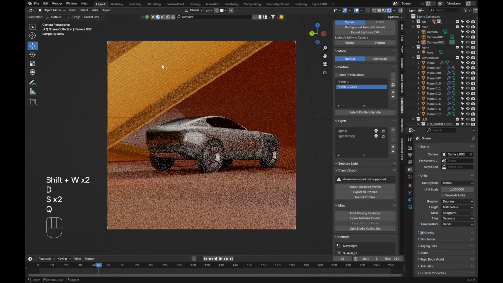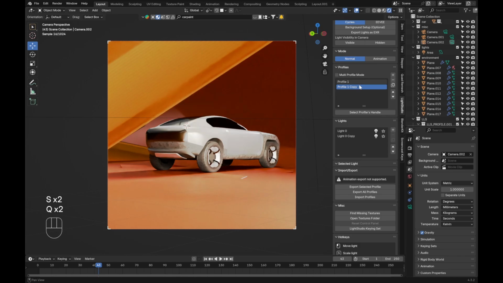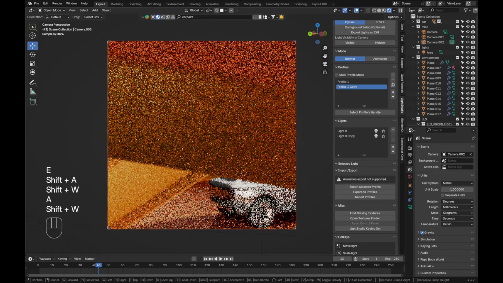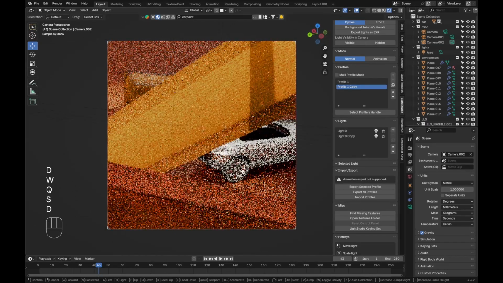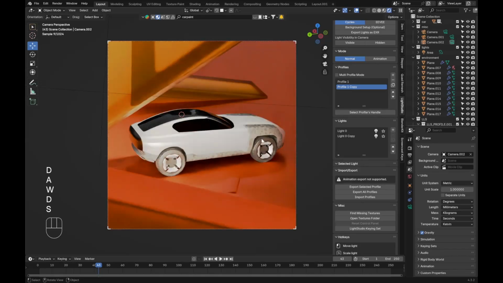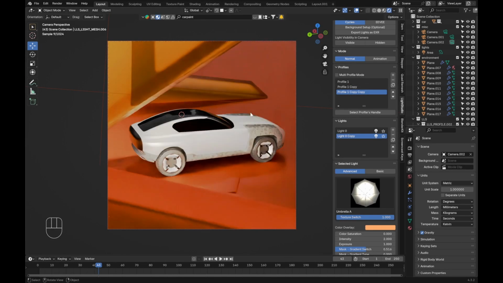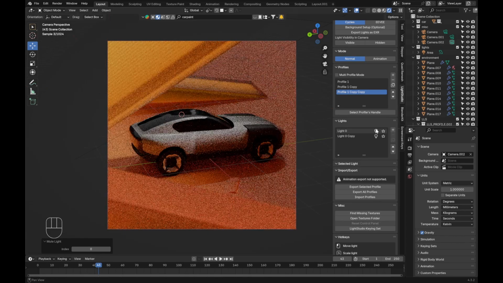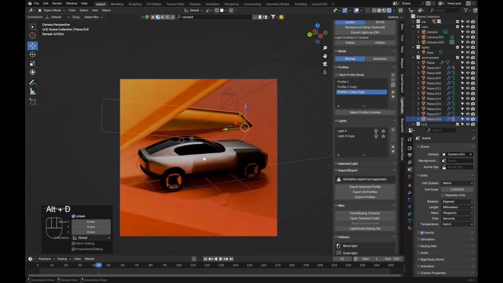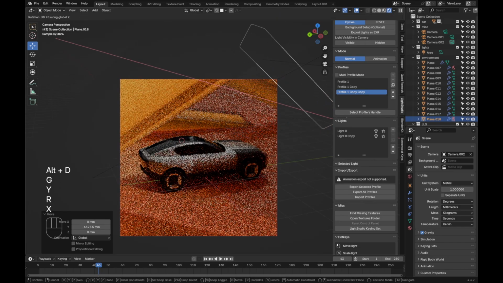What I like to do is to really use those pillars as part of the composition to create some interesting shots. And usually once you have a few, you can manage to find new angles that are interesting straight out of the box. So I'll just copy my profile again, turn off the lights just because I want to see what I'm doing. I'll just take this one, duplicate it, rotate it,